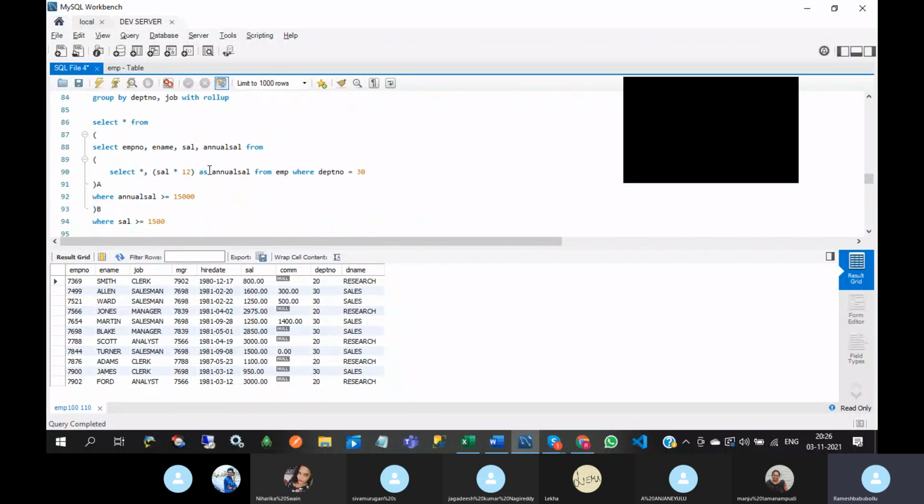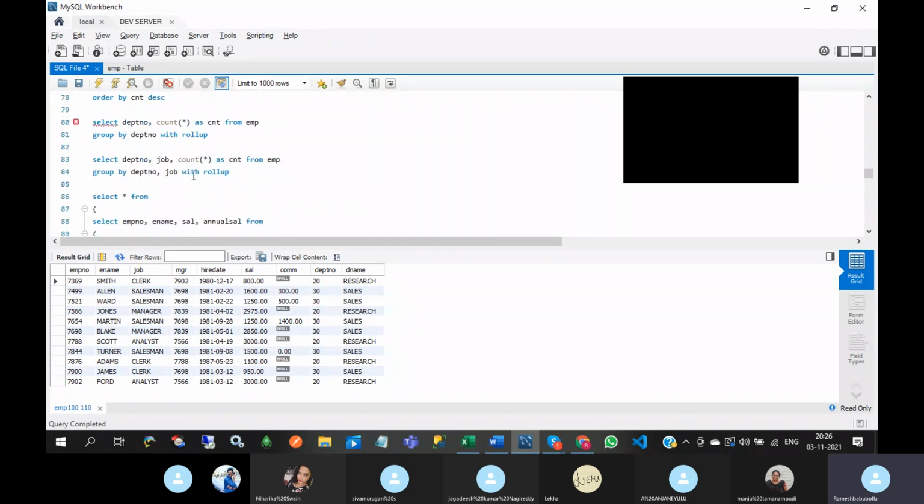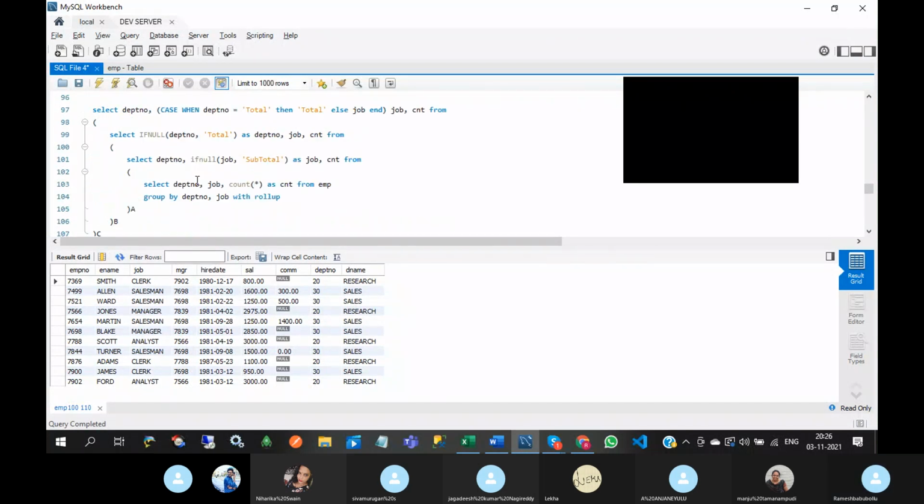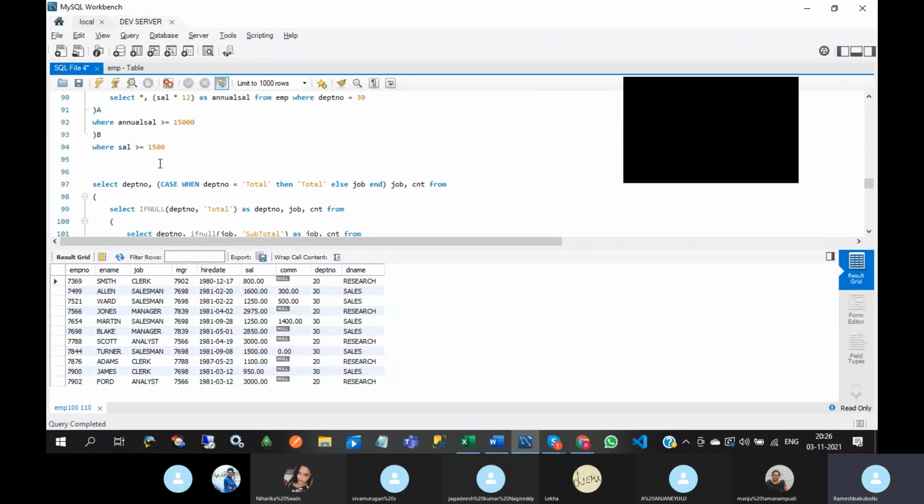It is similar to a derived table, but we can give it a name. I mean, we can put the temporary result in some data set. Yeah, we can take this example.